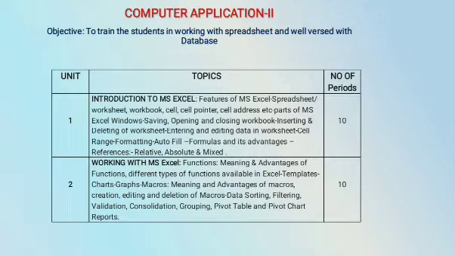Cell ranges. What is meant by a cell range? A1 to A10 means there are 10 cells between: A1, A2, A3 up to A10. It is called the range of cells A1 to A10. How to define the cell range? Two or more adjacent cells, side by side cells, are called a cell range.